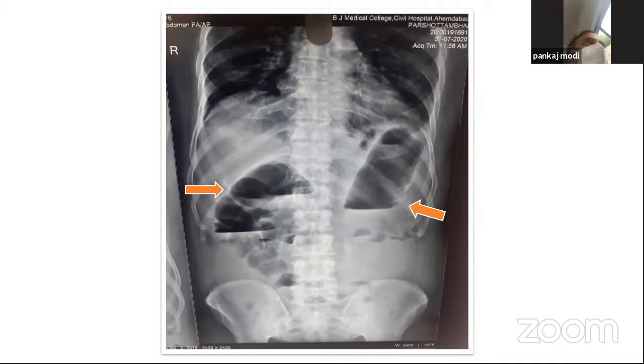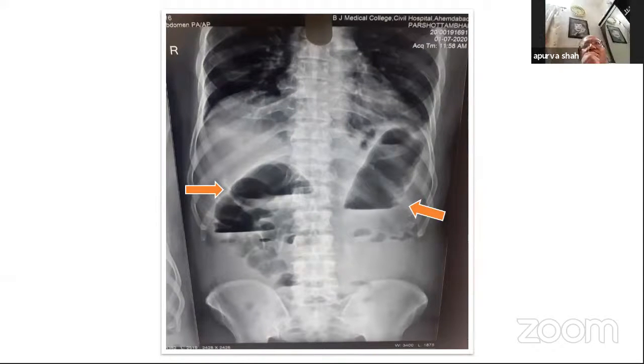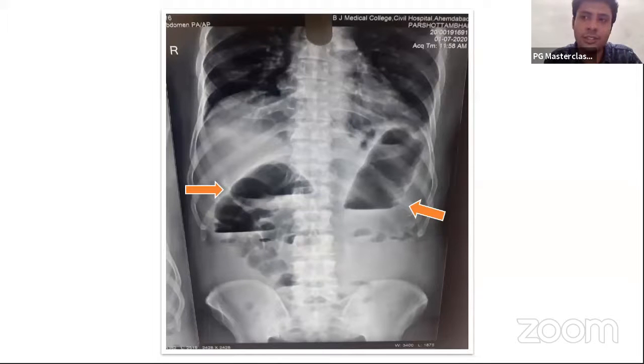Lakshman, would you like to say something, please? Can you create a closed loop obstruction? Dr. Lakshman is asking a question. Can it be iatrogenic? It can be if we close the two ends. Simply, when you do a laparotomy and are doing a resection and anastomosis, adhesions mostly might cause it.